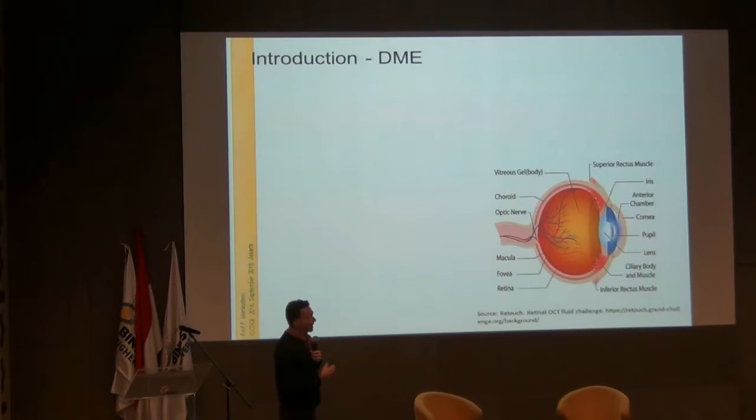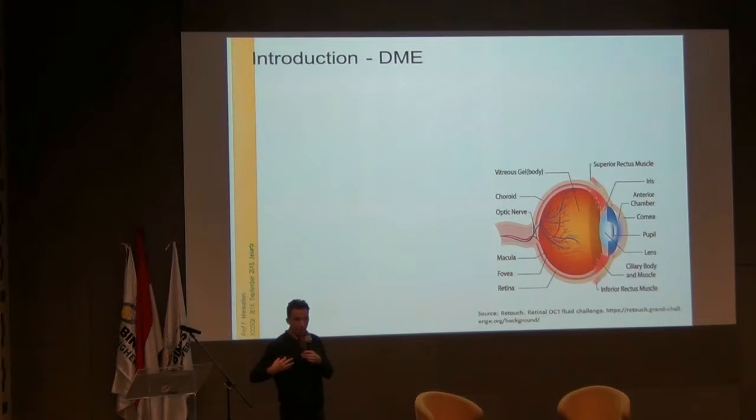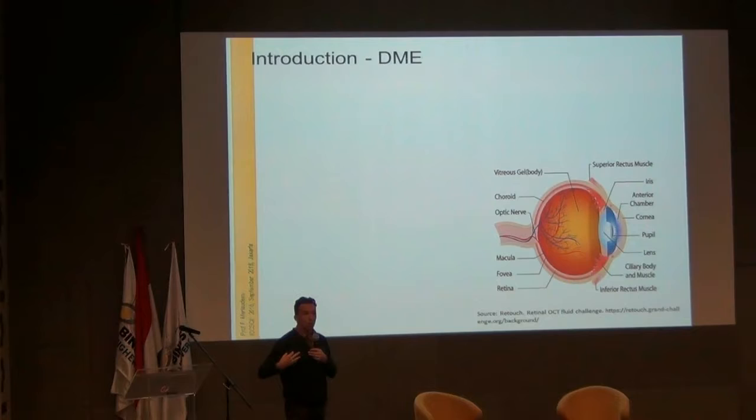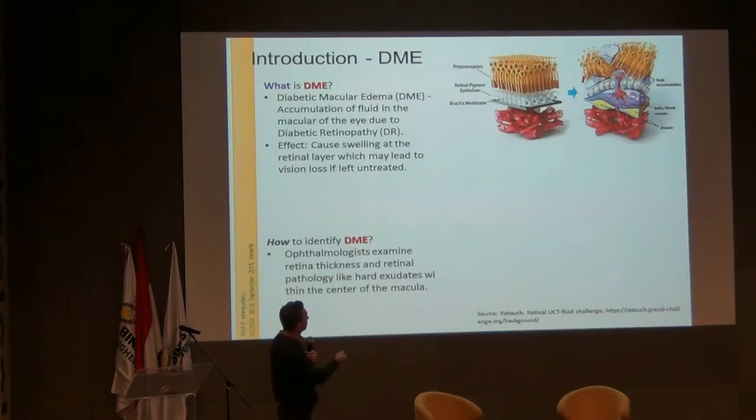So in the later stage of diabetic retinopathy, from time to time, whenever the lipid spreads into the retina, you can get what we call diabetic macular edema. That means, you see here, the layers are swelling, so you get an edema in the layer, which you might not see